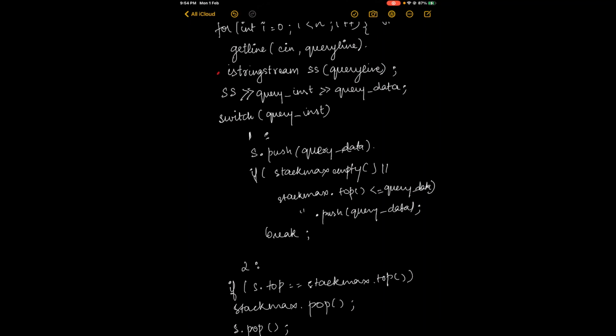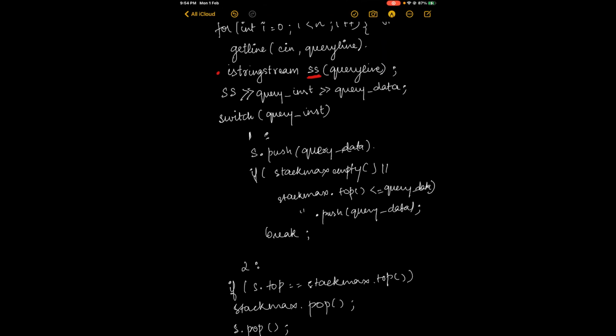So next we have our input string stream. This is creating an object ss of query line. This basically means that the input query line that we have taken, we now want to separate it into blocks of variables.